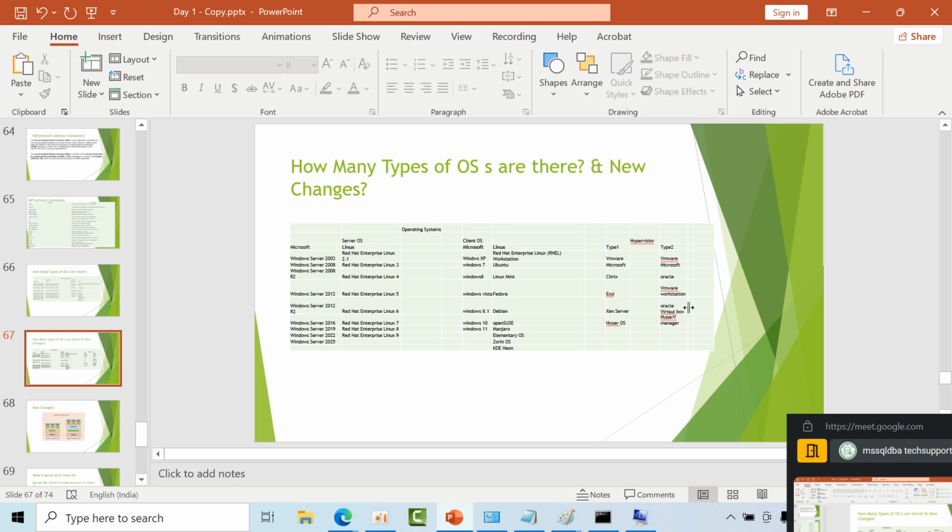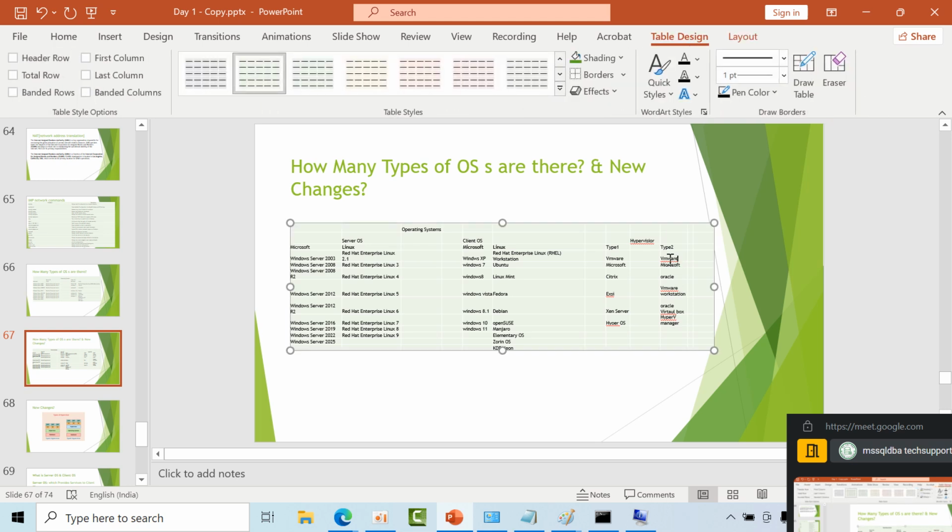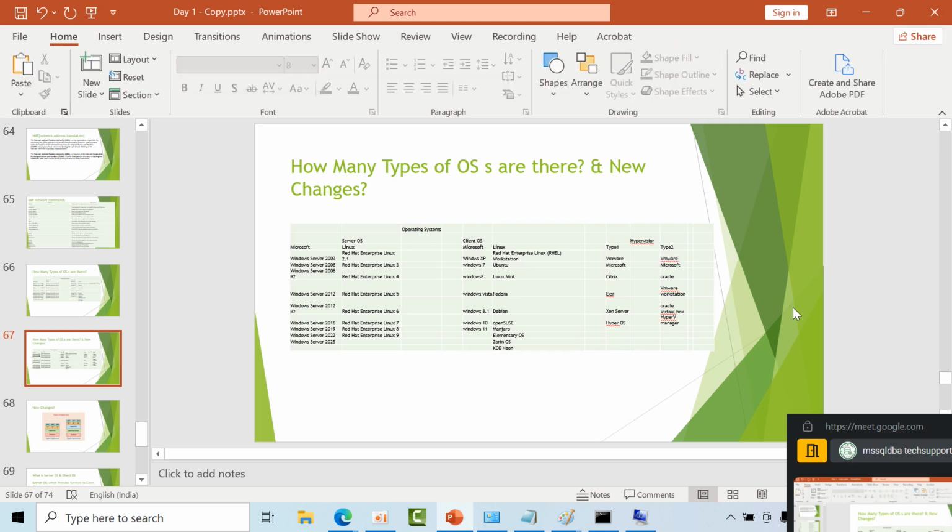Oracle VirtualBox and Hyper-V Manager are free. VMware is also free, but you get the keys from the internet. Those who are not traveling to the US only have to use that. In India we don't have that many strict restrictions, but in the US and Canada we have many restrictions.